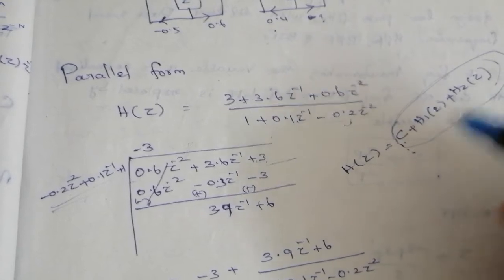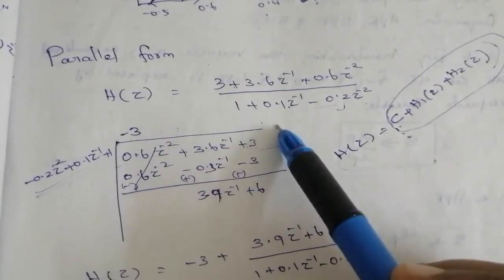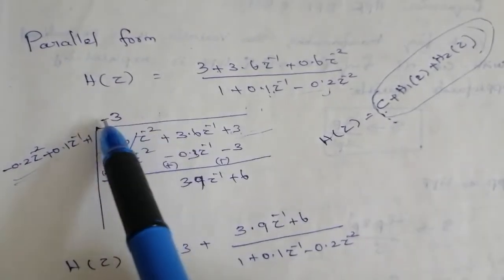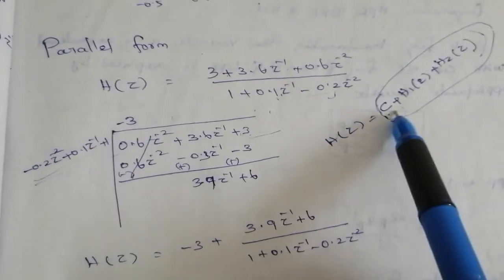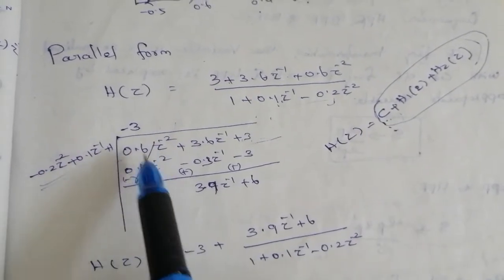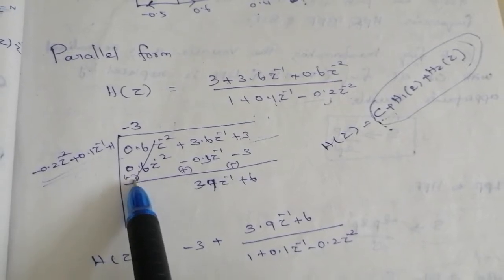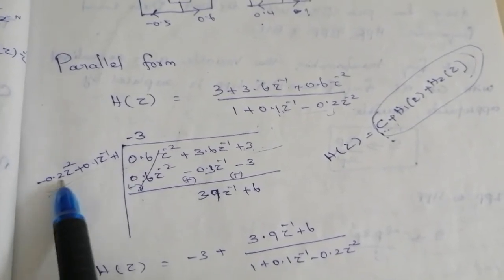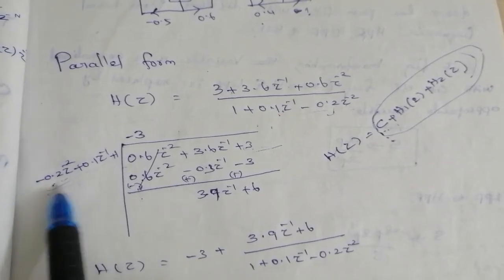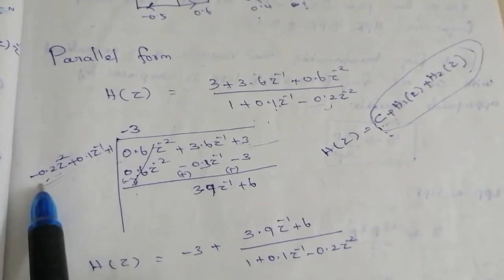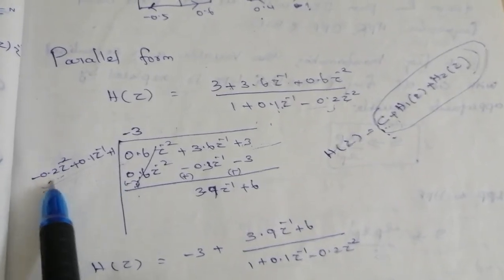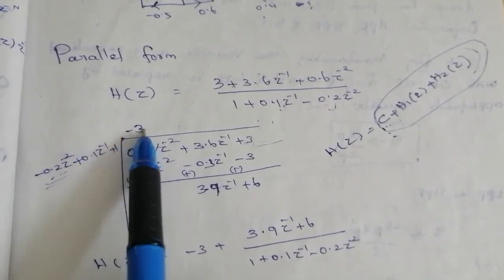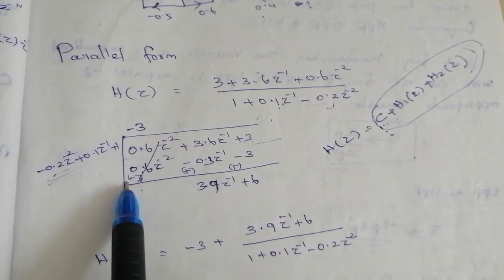like this, initially we have to apply the long division rule. In that method we can easily find the one constant c variable, right? So the first term we are going to cancel. For that, the factor multiplied with this term to get 0.6: here 0.2, here 0.6. So the constant value should be minus 3, because minus into minus is plus.